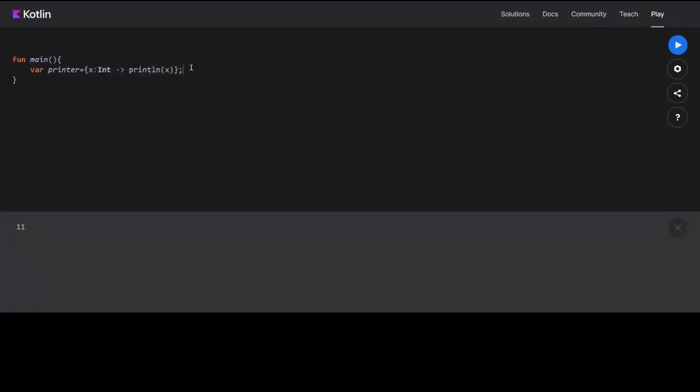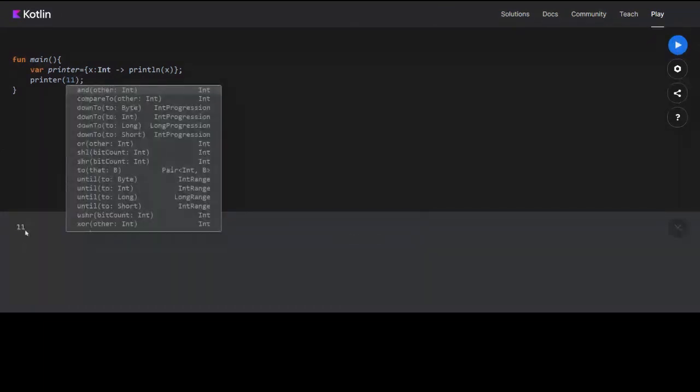These are very useful. Now what if I say printer x? I think it should work. Printer of 11, and 11 is printed.